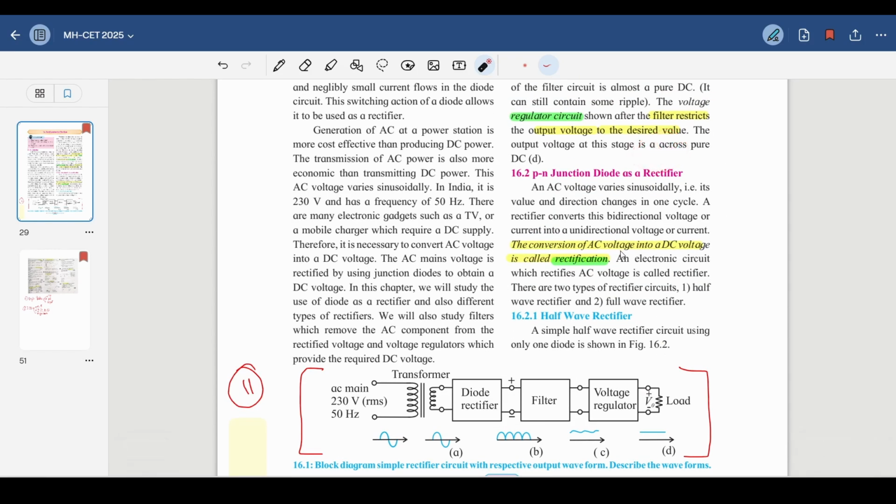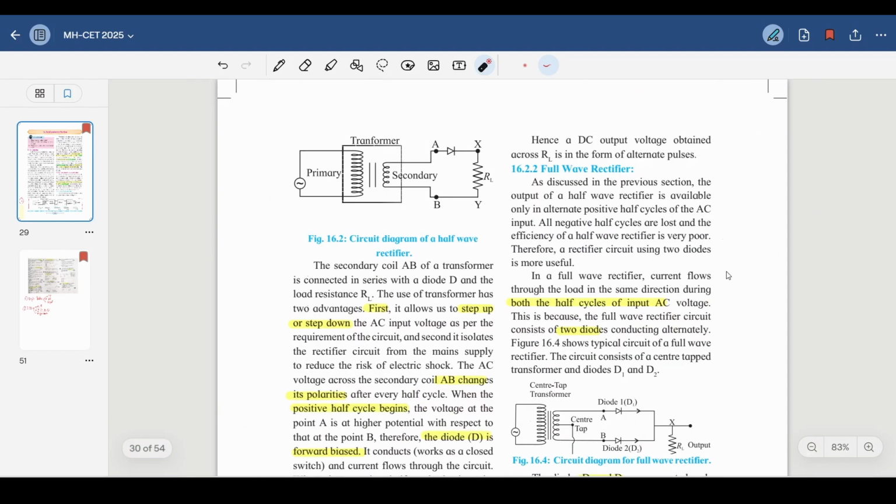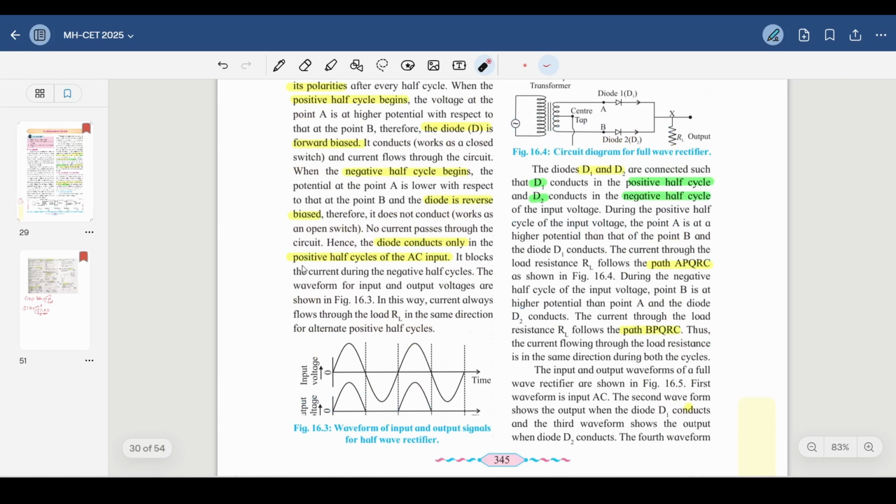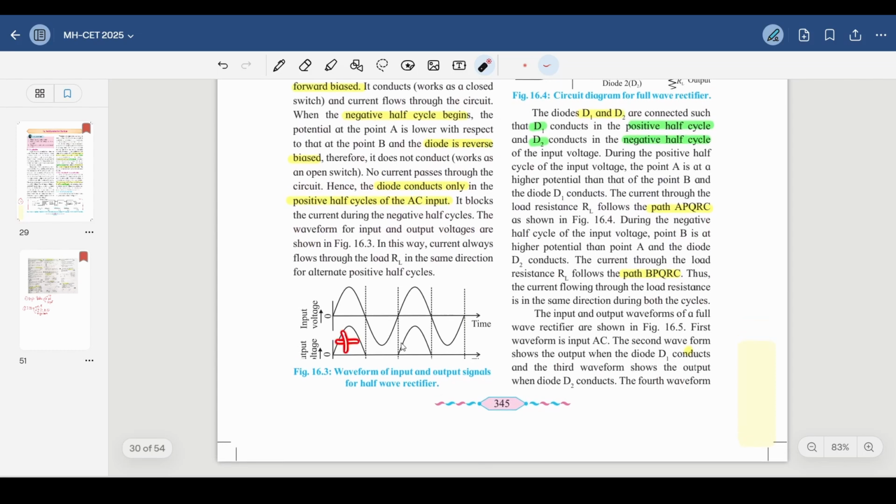Now what will the rectifier circuit do specifically? We have types of rectifier: half wave and full wave, and then you also have a bridge rectifier. In this case, they have just given two types, half wave and full wave, that you have to study. So what will a half wave rectifier do? As the name says, it will rectify only half the waveform, as in only the positive cycle of the waveform, as you can see over here.